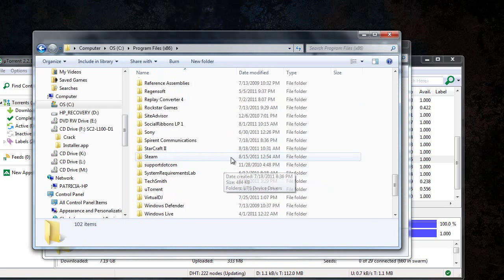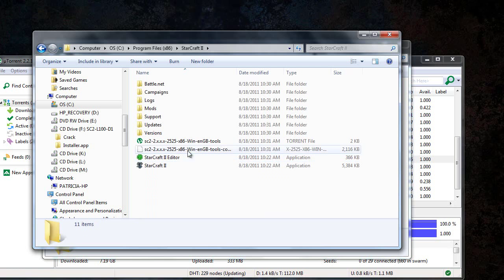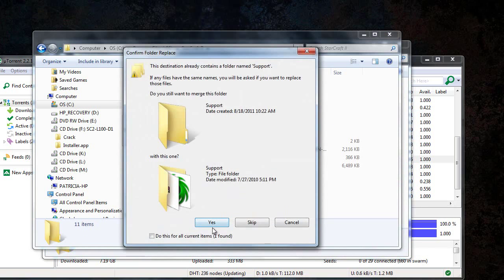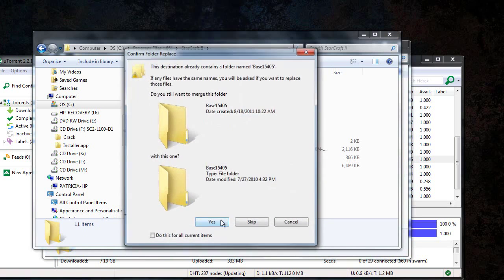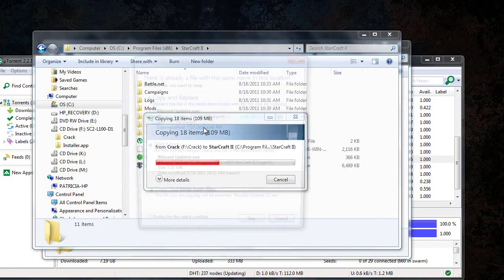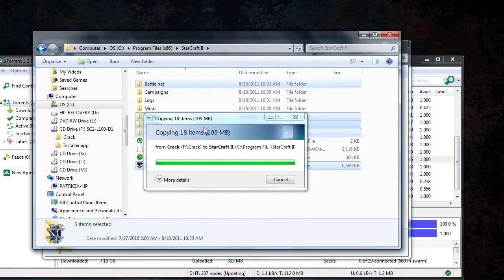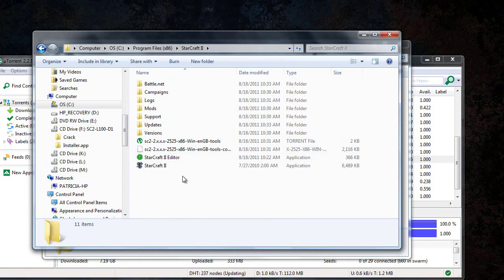Then scroll down till you find Starcraft 2, double click, and when inside Starcraft 2, right click, paste, yes, and go through all this stuff until you've copied and replaced everything. It shouldn't take too long, there's not that much stuff you're replacing. After you've copied and replaced everything,